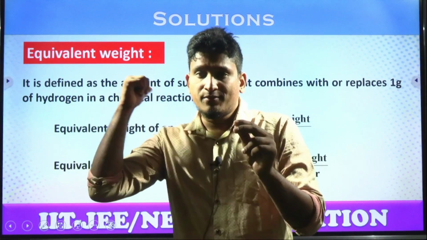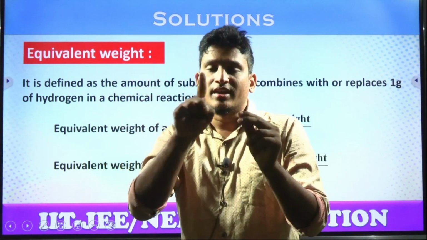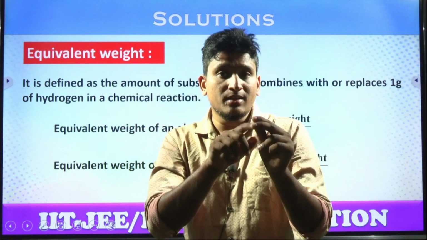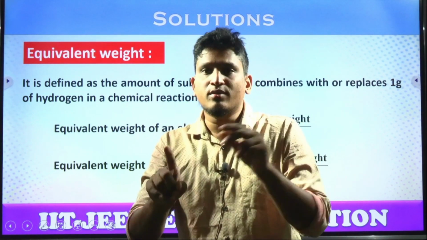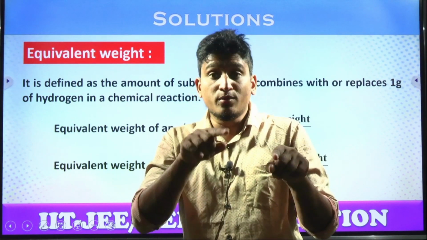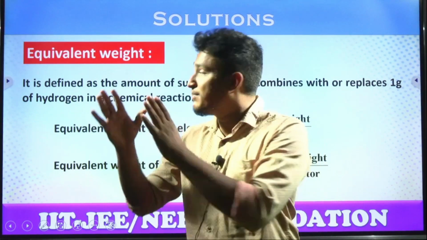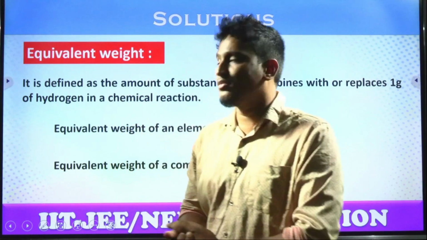What is the definition? The amount of substance which combines with 1 gram of hydrogen. 9 grams combines with 2 grams. With 1 gram, how many grams of beryllium combined? Simple. 9 grams is combining 2 grams. With 1 gram of hydrogen, how much is needed? 4.5 grams. That is the equivalent mass. Got the clarity? So by this definition, the amount of substance which combines with 1 gram of hydrogen is equivalent